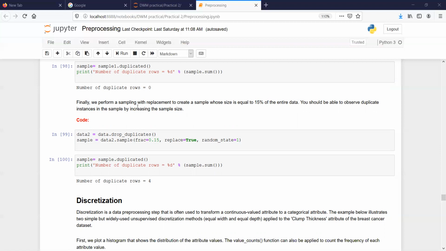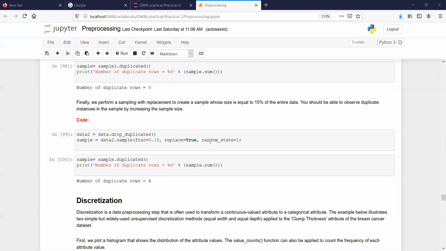Again you replace that 71st row into the data. Again you pick, and sometimes you will get 10 again. So the chance of getting duplicates is very high in this method. Here we took 15% of the data as a sample and checked for duplicates. You can see the number of duplicate rows is equal to 4.